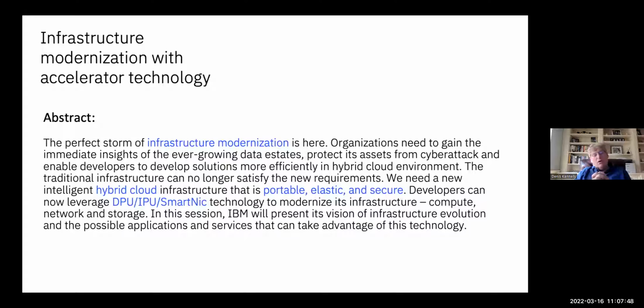And of course, given the world we live in, even more so than today, is how do you think about security and how do you secure these environments? Because while, if you look at a hybrid cloud, it gives you a lot of flexibility and scaling, et cetera, across the environment, the security problem even more so is so critical. And how do you build security into that type of infrastructure? And the role that the DPU and SmartNIC technology have to play in that. And that's what we really want to build the case of why they're so vital to everything I've talked about in terms of how we drive the infrastructure and meet those business requirements.